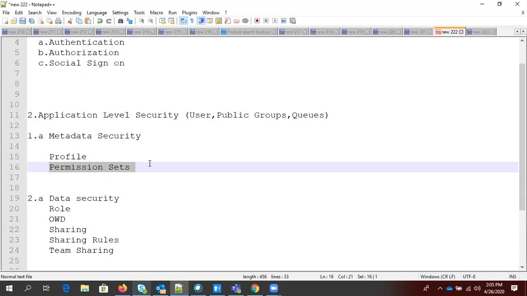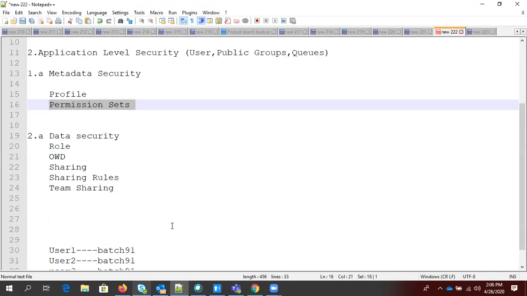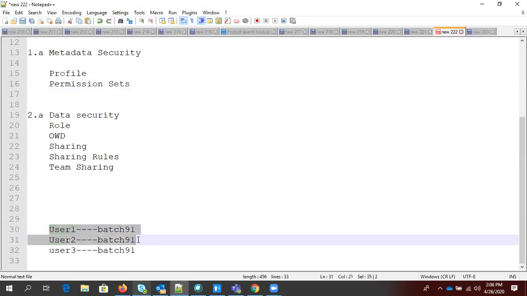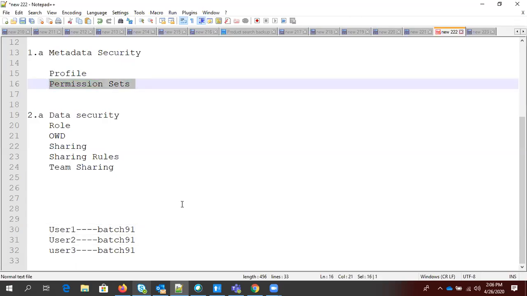It can be directly assigned to the user. You just give that particular permission to the permission set, and you can assign that permission set to the user, and that user will have that access that is in the permission set. He will have the access whatever is in his profile, and moreover he will have the access whatever is assigned to the permission set as well. And as user 1 and user 2 don't have the permission set, they will not have the permission assigned to it. Is that clear, guys?